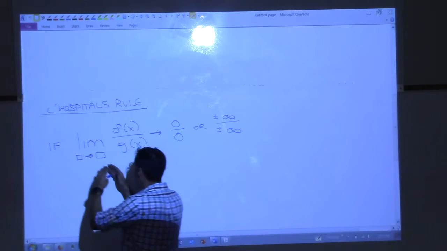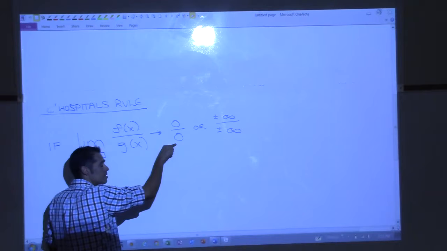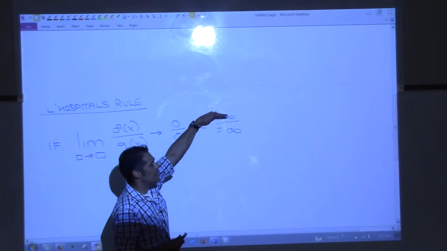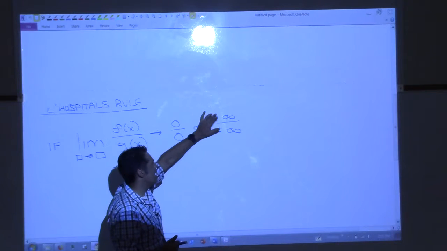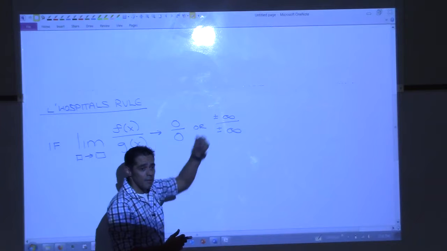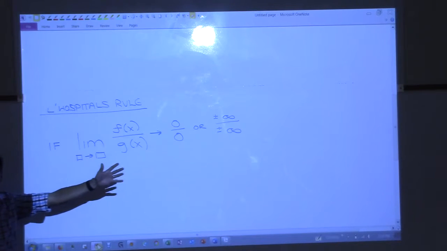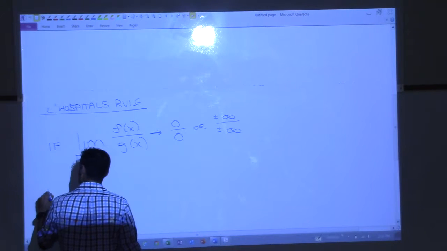So you're taking some limit, you've got a ratio, the top's headed to 0, bottom's headed to 0, or the top's headed to infinity or negative infinity, bottom's headed to negative infinity or infinity. It doesn't matter if they're both positive, both negative, or one's positive, as long as they're both going to infinity. In either one of these cases, if that's true, then